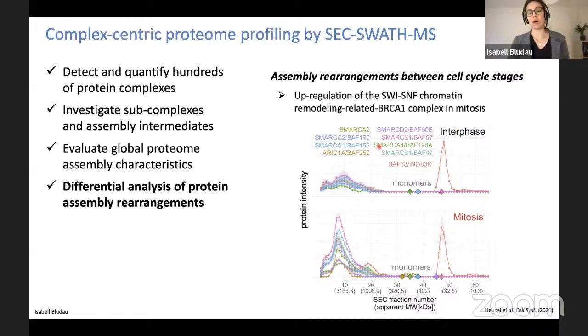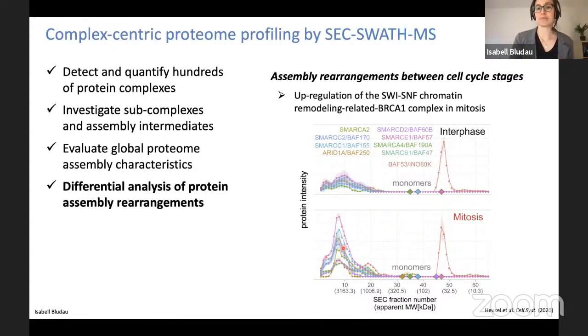And you can see all of the complex members of this BRCA1 complex are eluting here in the early SEC fractions in this experiment in interphase. And you can nicely see that all of them are significantly upregulated in mitosis, which is expected due to the